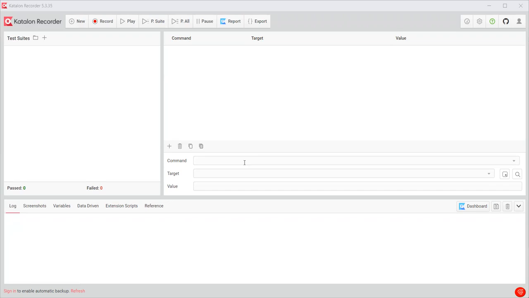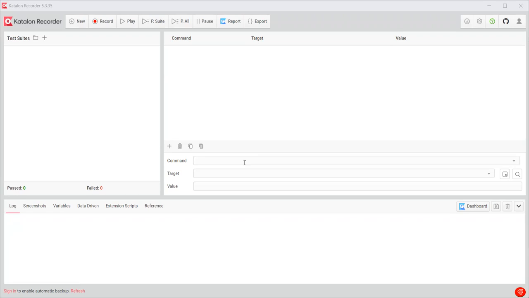You can even add your own method of locating elements into Katalon Recorder through an extension script. It also has data-driven testing capabilities, integrating with other Katalon solutions for advanced test generation, reporting, and test orchestration.